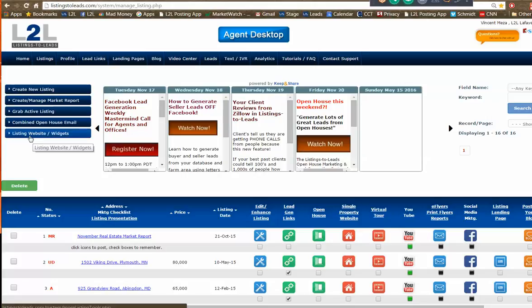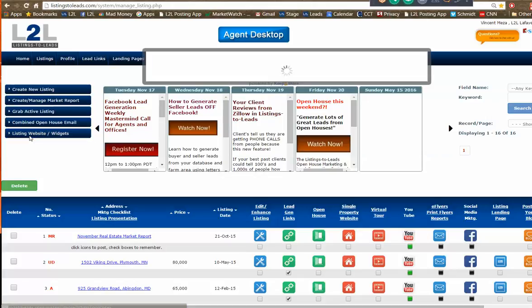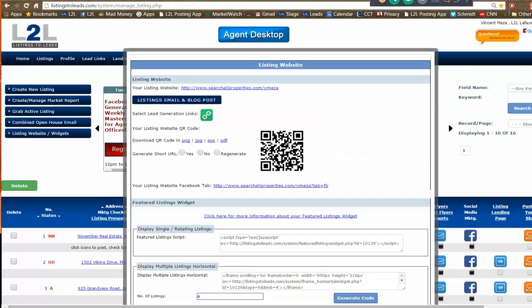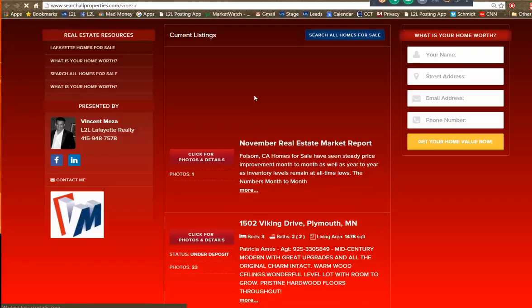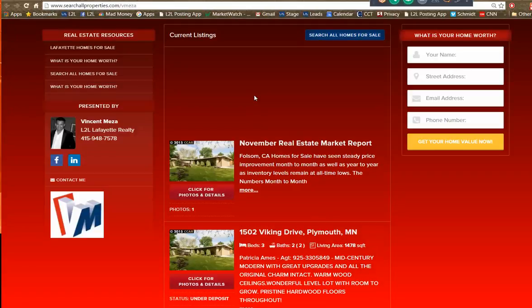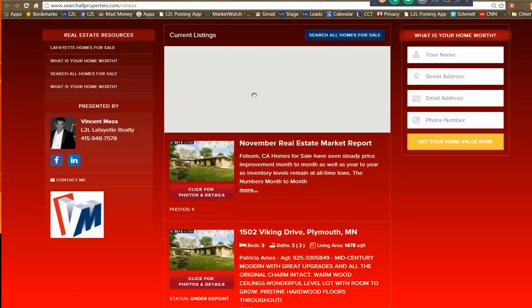There is in all of your accounts a button here that says listing website and widgets. There are widgets for HTML, for WordPress and stuff like that. And hidden right at the top is this listing website. And this is a tool that many of our agents are using because it showcases all the listings. And all it is, is a website